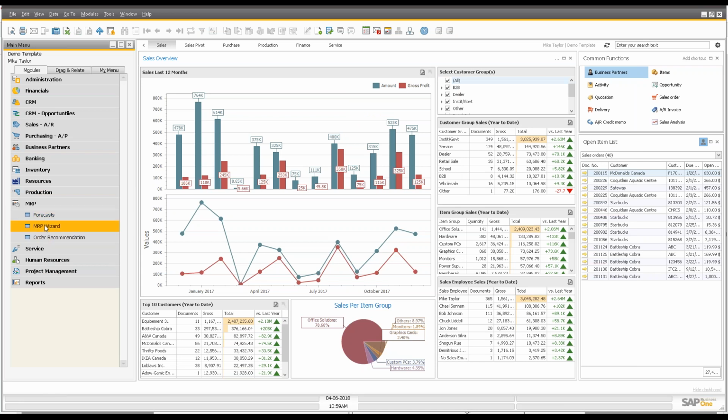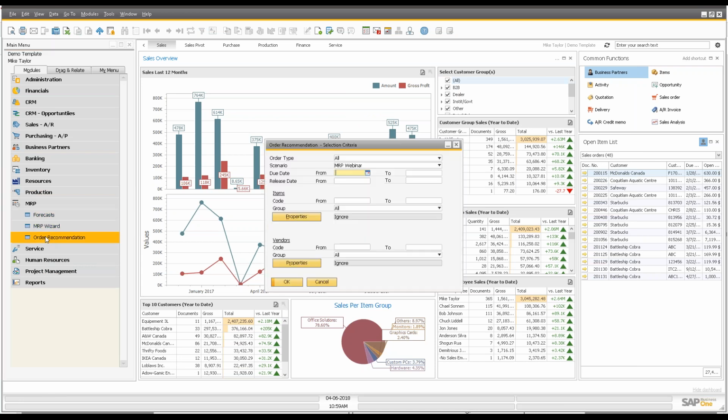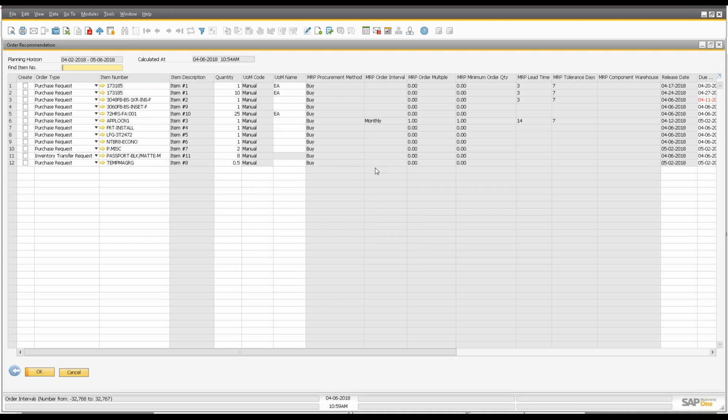Once you've done the forecast in the MRP wizard, you'll have your order recommendations, and now you're going to take your different scenarios, work through these, and actually go ahead and create the specific documents you want. You can see here an inventory transfer request has been made because I've used a warehouse level MRP run, and it detected that in one of the other warehouses you had a couple of orders, and in the main warehouse you had extra stock. So this will process that, and you can go ahead and create all of these and process them forward to